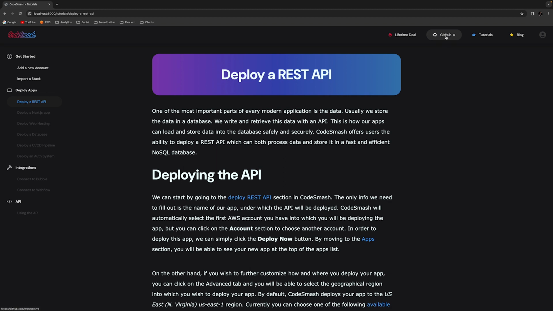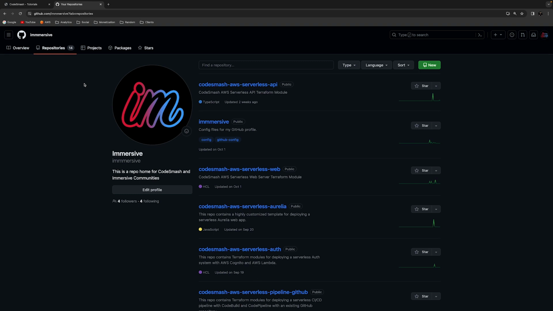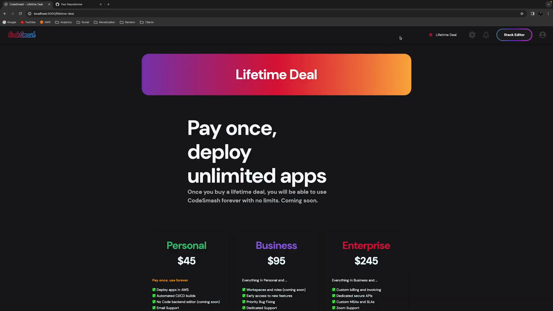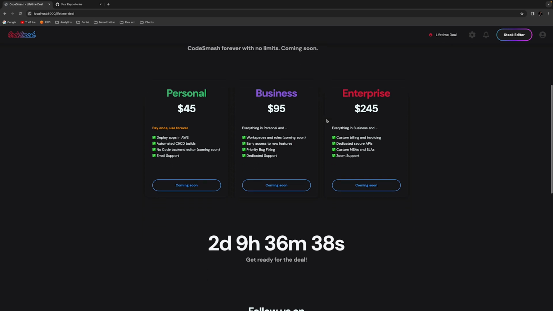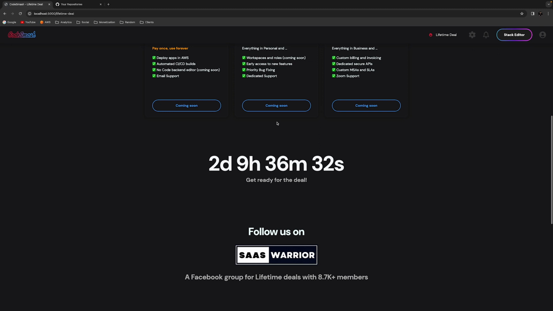You can go to the GitHub account right here. So inside the repository, basically all the CodeSmash modules for deploying your apps are located here. So this is all open source, and there's going to be a lifetime deal, which means you're basically going to pay only once. Once you pay that, you can use CodeSmash forever. So there's going to be three plans: the personal, the business, and the enterprise. And it starts in